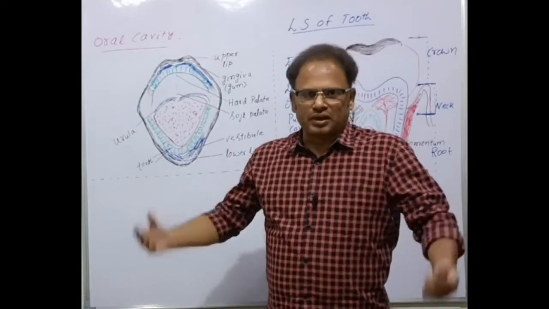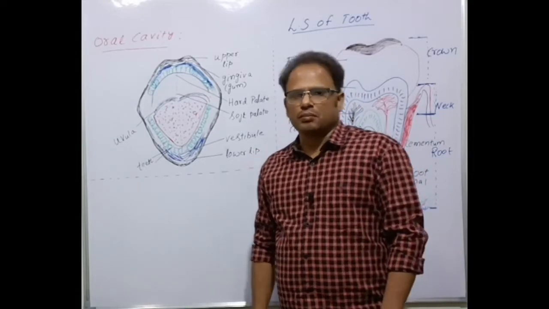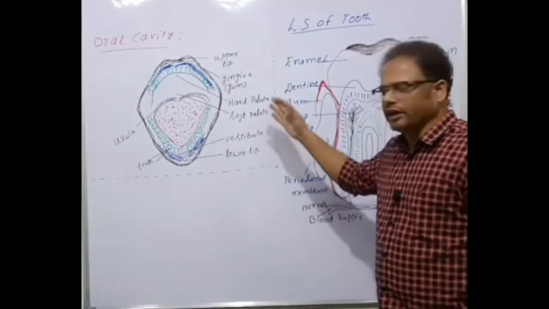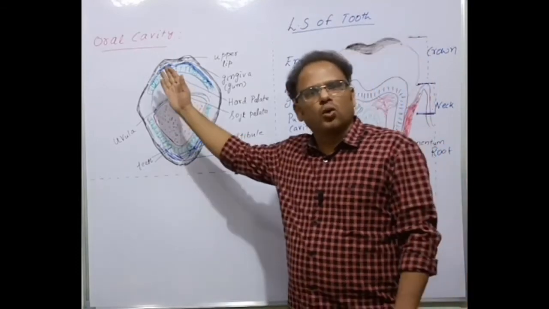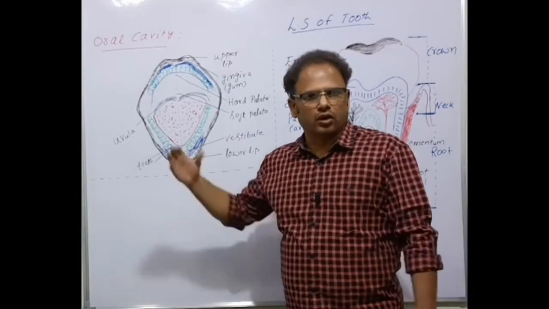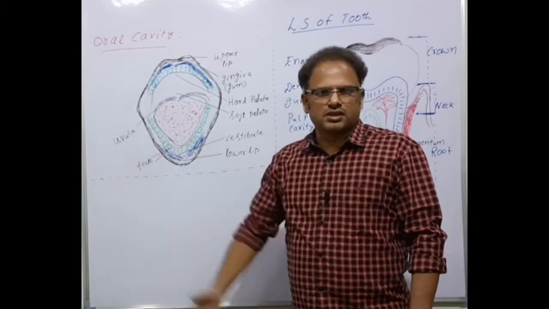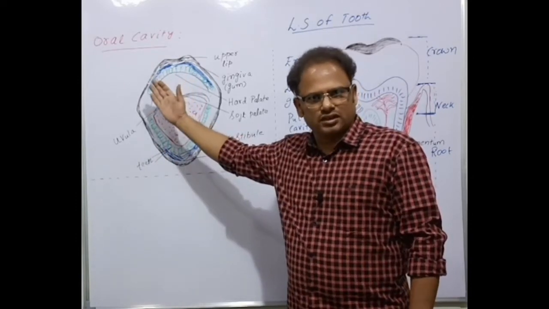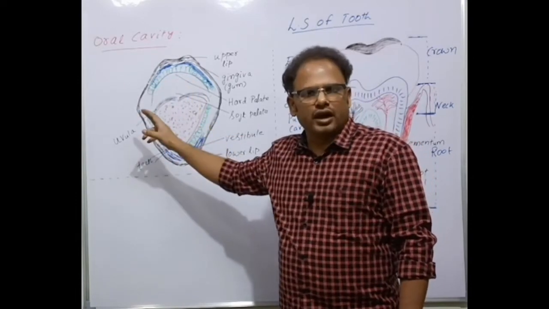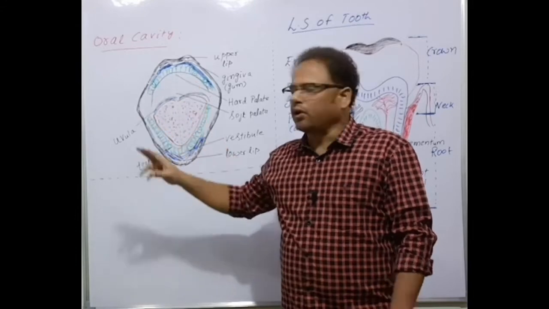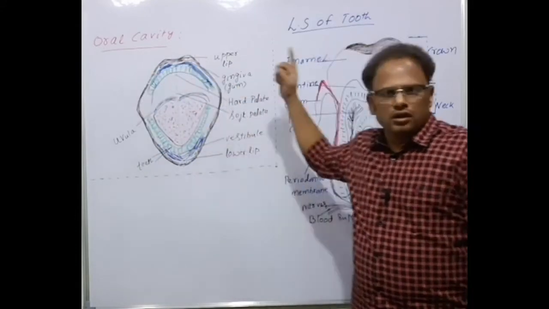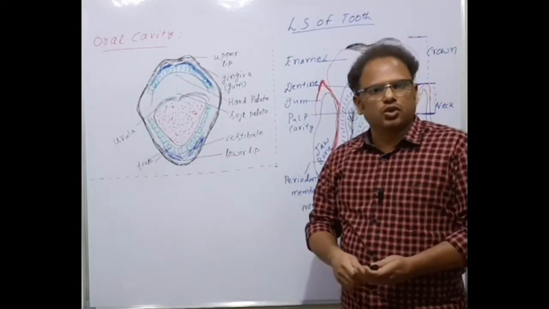Here is a great topic, very important from the NEET point of view: the teeth of man present in the oral cavity, or buccal cavity, or mouth cavity. In the previous discussion, we started the buccal cavity. We have completed the palate and the tongue. Now, the third component of the oral cavity is the teeth of man. Here we are discussing the human teeth.